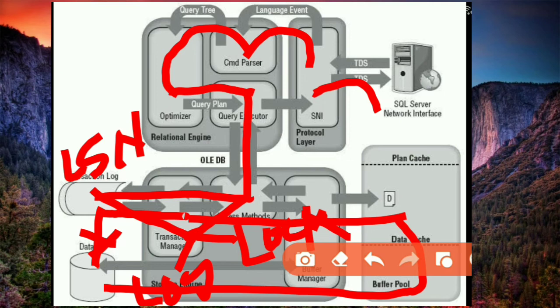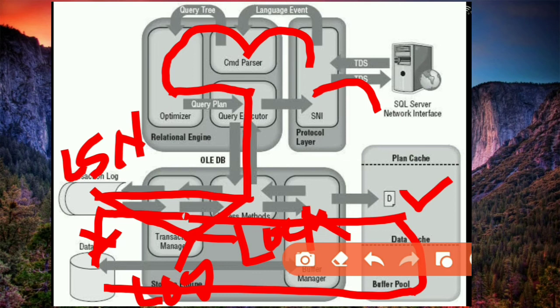Okay, so now as you can see, once the transaction is completed, it is sent through the same reverse method, transaction manager, access method, then buffer pool, to the data file. In the buffer pool, there is a page you can see here marked D, called a dirty page. What is this dirty page actually?